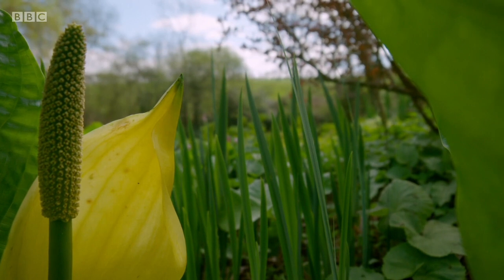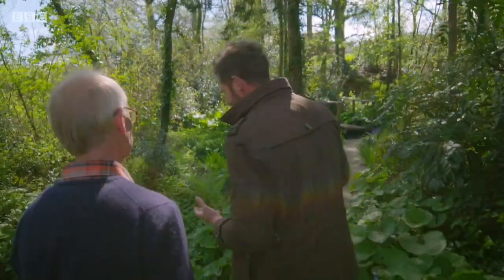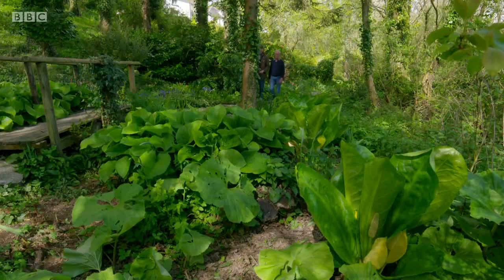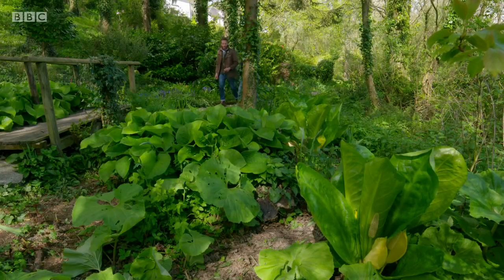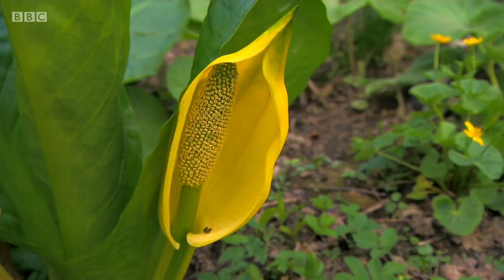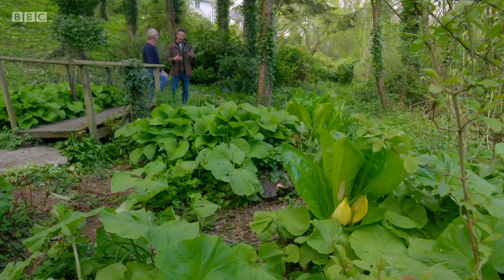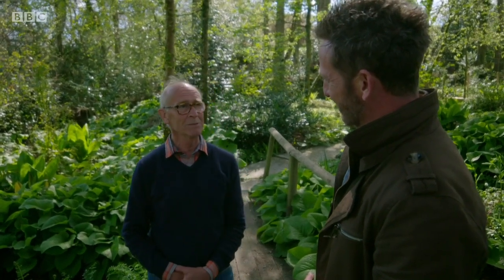Pretty lush. Michael, when and why did you first introduce the skunk cabbage to your garden? It would be 25 years ago, and I planted them because they're such gorgeous plants. Here, I'm able to control this. It's not been a problem at all. And so, are you happy with them in the garden? Have you got aspirations to get rid of them? Well, certainly not. No, so you're still enjoying it? Yes. I'll maintain it. But I won't get rid of it. Unless the law comes down on me and says I have to. But...